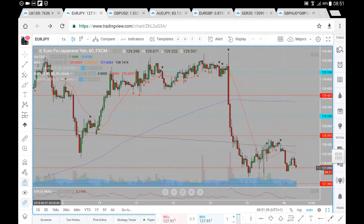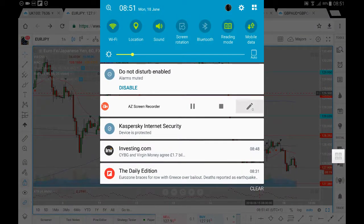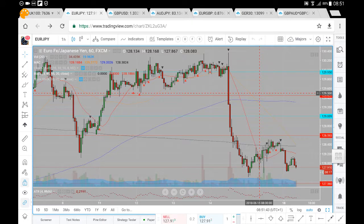So this euro yen analysis for Monday the 18th of June. Now let's just have a look at prices and where prices may likely go. So we did see pretty strong sell-off here from the 130.40. We did previously find resistance in around that 130.20, slightly above this